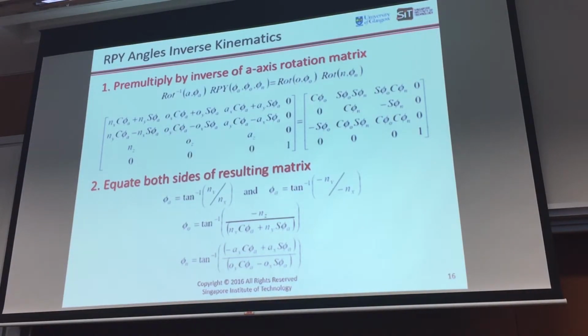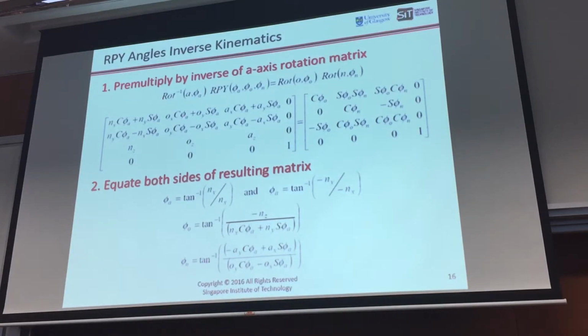This is the final orientation that you have. You are supposed to find all these three angles, the joint angles that meet that final orientation. Okay, it's the same game. We just do comparison. But to reduce the comparison complexity, what they do for roll pitch yaw is they bring